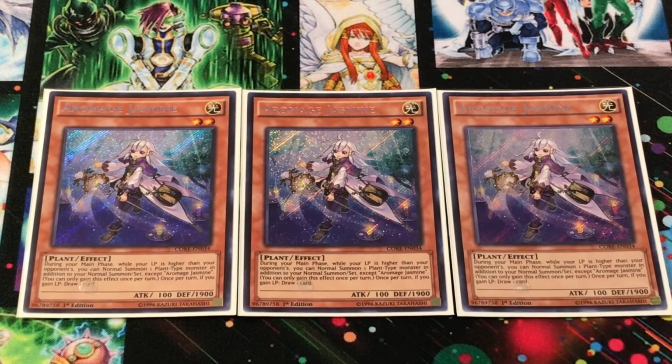So this card basically is the reason we're not playing Brilliant Fusion and Gem-Knight Seraphinite in this particular strategy. It's because it stacks with that ability, or rather doesn't stack, it overlaps, and so you can't get the extra normal summon through that route anyway, and so I figured, well, Instant Fusion doesn't create more brick situations in your main deck. We play plenty of those as it is, and Aromage Jasmine basically helps enable our plays further,